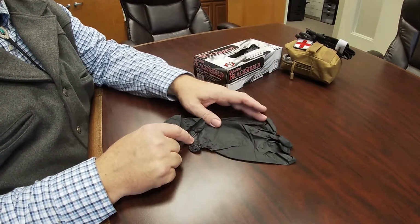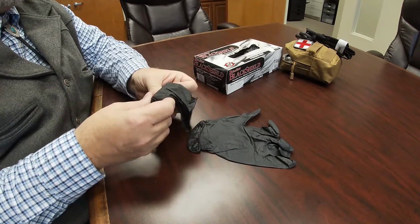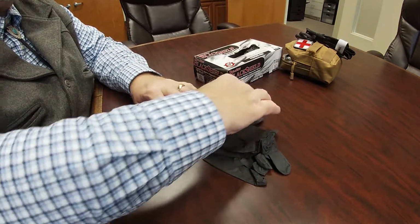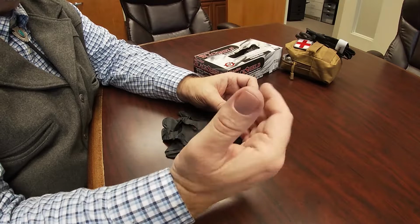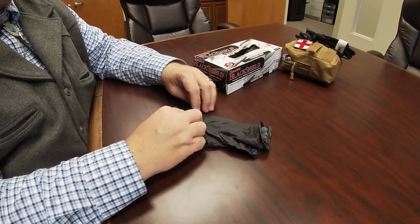I watched a video, and I would highly recommend that you take a look at Survival Dispatch. I watched a video from Survival Dispatch where they made a really great suggestion, and I'm going to try and follow that. They suggested that we put these gloves together in pairs so that we can find them easily. What they said is just take a couple pair like this, lay them so that the ends that you stick your hand in are together, fold in the thumbs and fingers, and then just